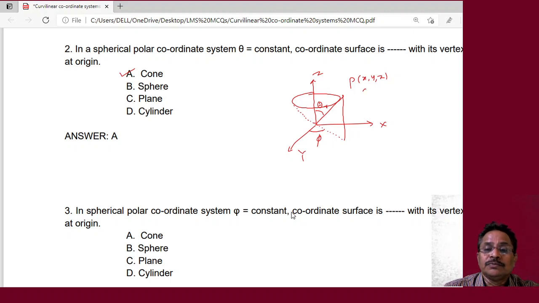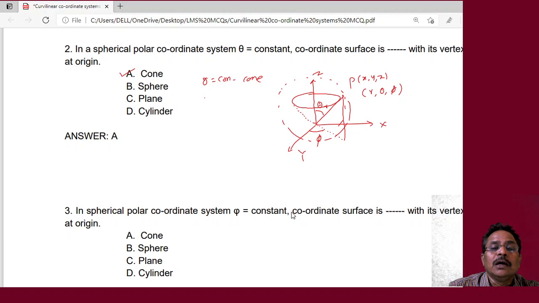Now, again I will have r, theta and phi. These are the new coordinates of this spherical polar coordinate system. When we go for r equal to constant, we will get a sphere of radius r. Likewise, theta equal to constant is a cone, r equal to constant is a sphere, and this phi equal to constant.